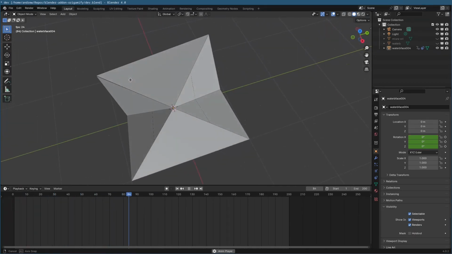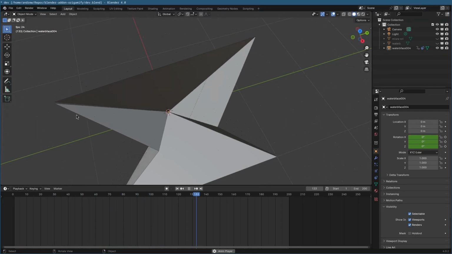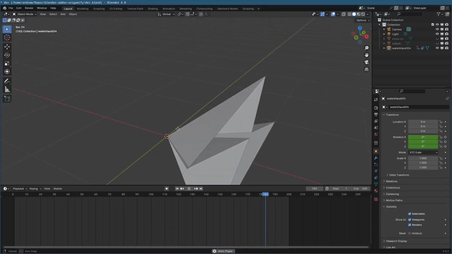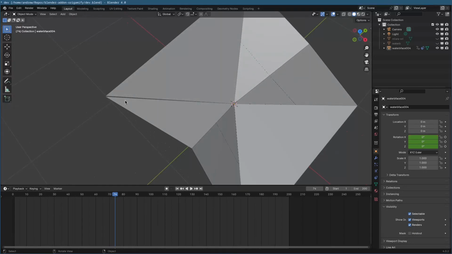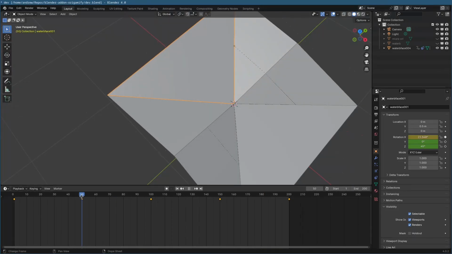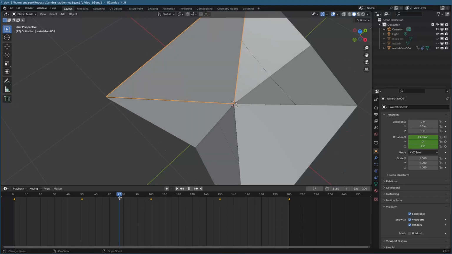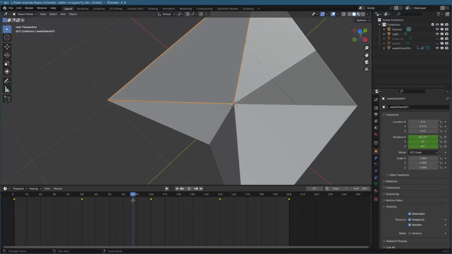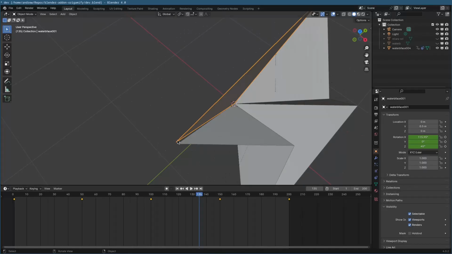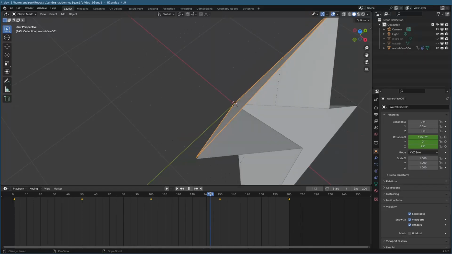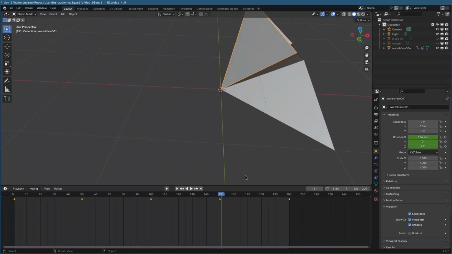But if you look over here at the beginning and kind of in the middle there and right there, the edge isn't constrained at all. It's not going to be perfectly making contact. At the endpoints, they're good, but in the frames in between, they're still not good, which is a bit annoying. See, like right there, it came apart. And so